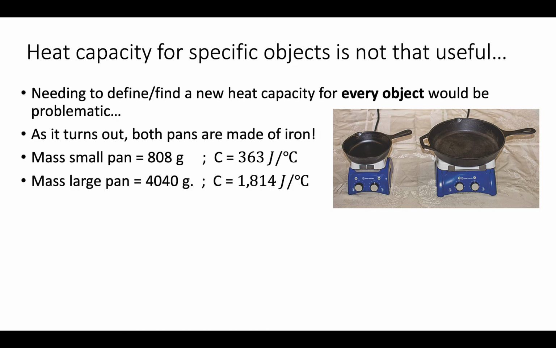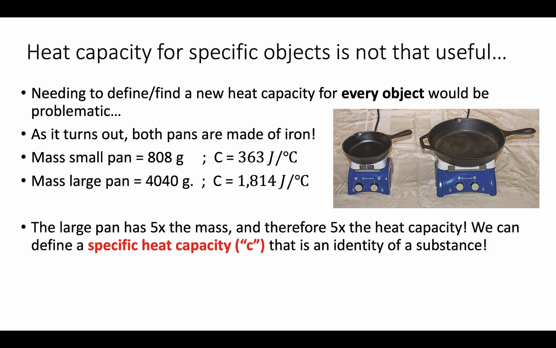So if both pans are made of iron, let's take their masses, right? And let's say we find the small pan has a mass of 808 grams with a heat capacity that we just calculated, and that the large pan has a mass of 4,040 grams with the heat capacity that we just calculated. Well, what we notice here is that given they're the same metal, the same substance, the large pan has 5 times the heat capacity, but it also has 5 times the mass, right? It takes 5 times as much energy to increase it 1 degree Celsius, but that's because there's 5 times as